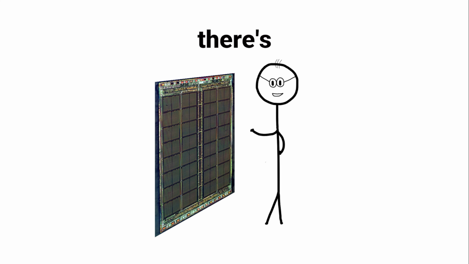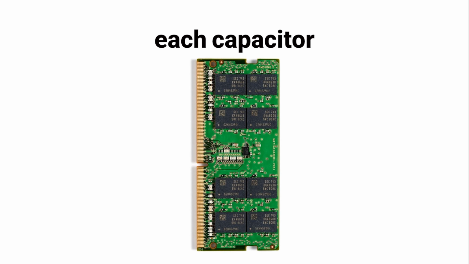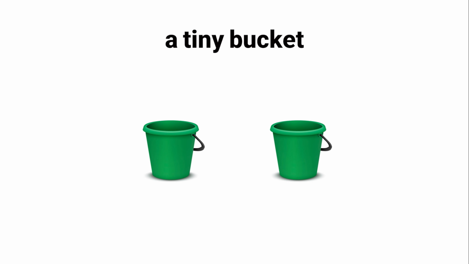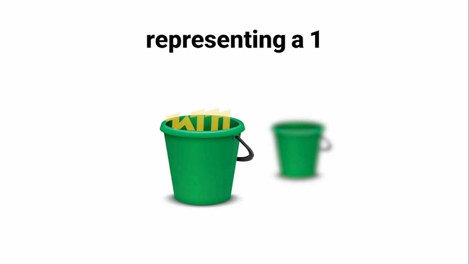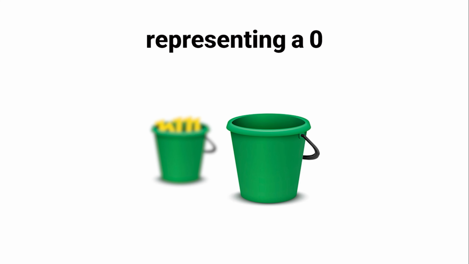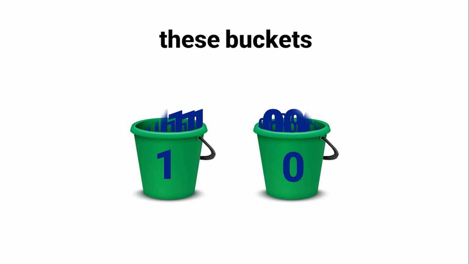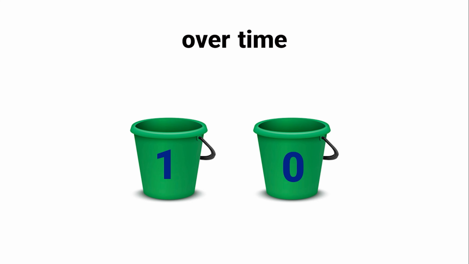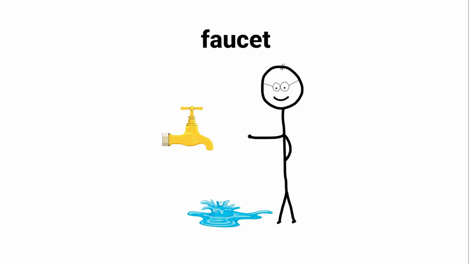Oh, but hold on. There's more to this story than just rows and columns. You see, each capacitor in a DRAM cell is like a tiny bucket that can either be full, representing a 1, or empty, representing a 0. However, these buckets have a tendency to leak over time, like a slowly dripping faucet or